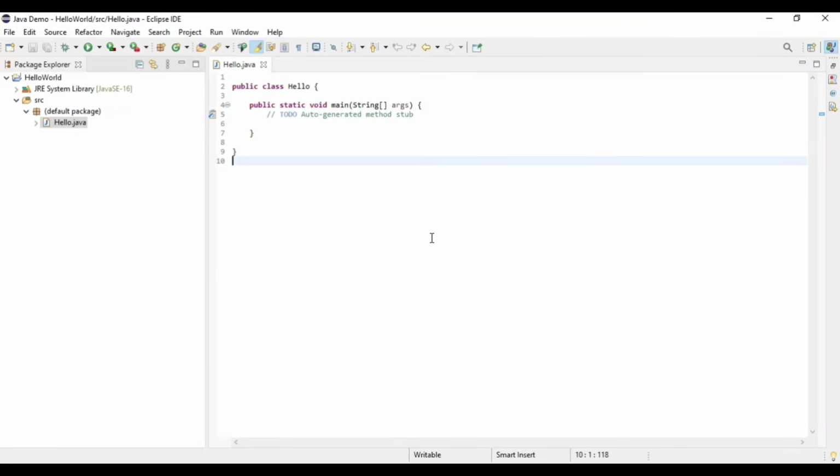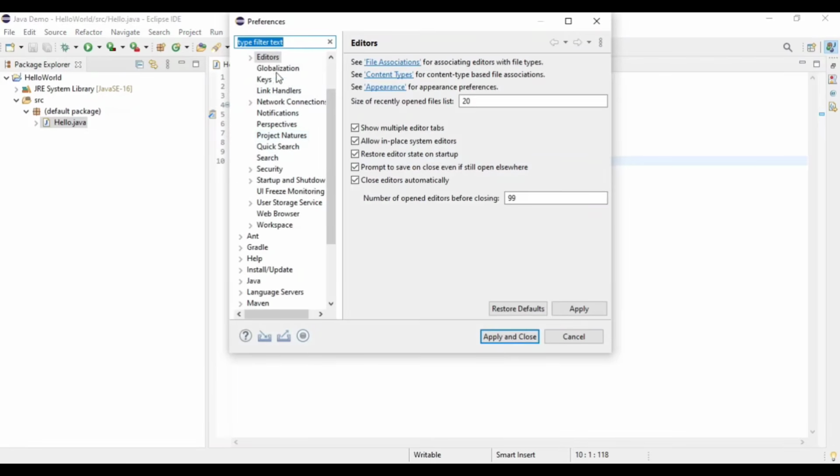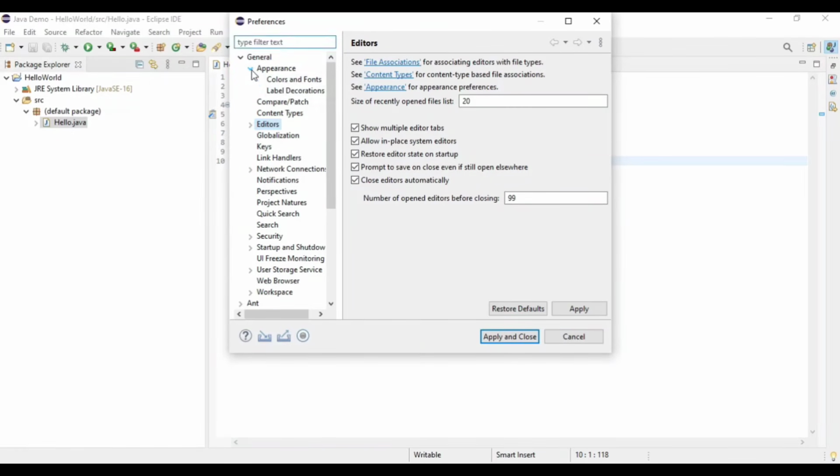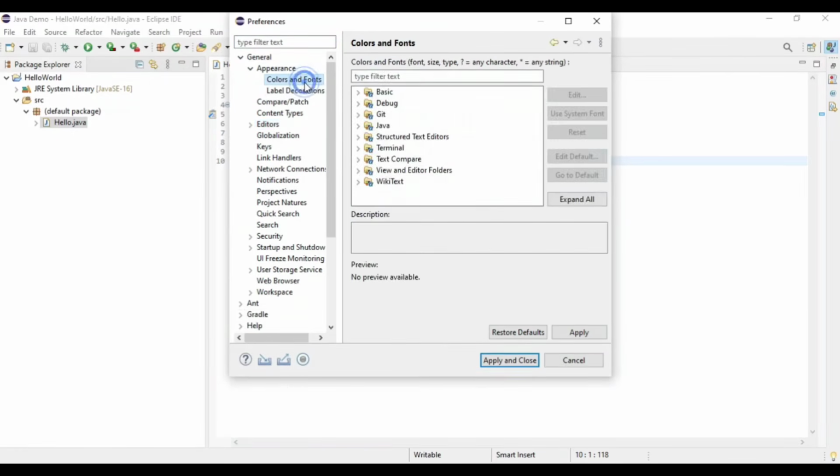I have started the IDE for the first time, therefore the font is very small and I want to change this font. So I can go to the Window menu and select Preferences, and from here you have to go to the General tab, then the Appearance option, and Colors and Fonts.